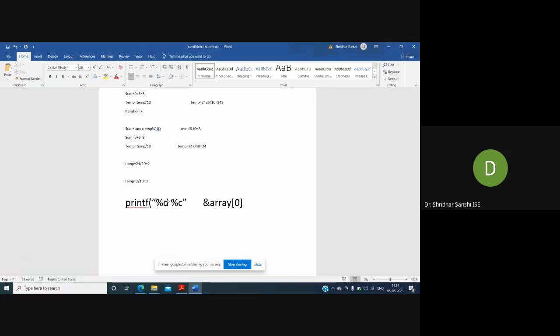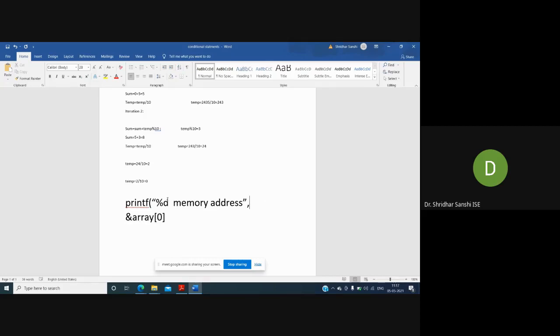Here I am going to print the memory address, so that's why I'm using %d. So %d memory address, and then a comma followed by the value I need to display.